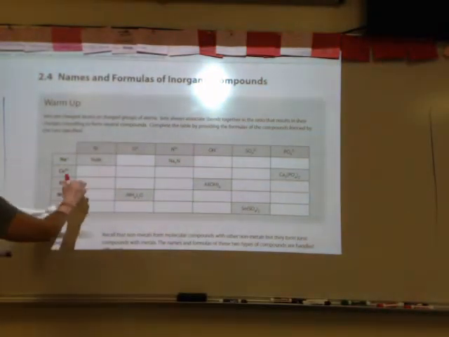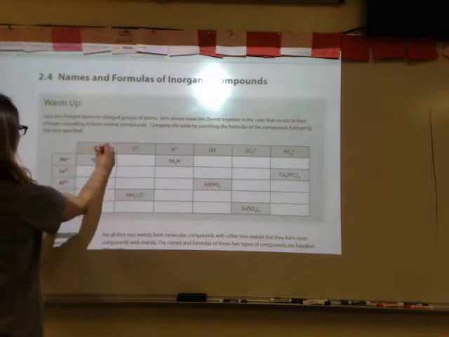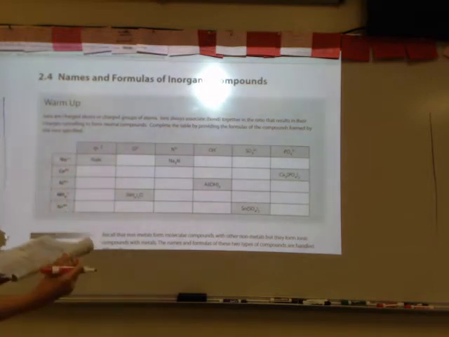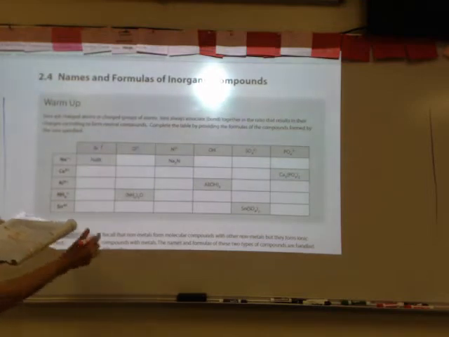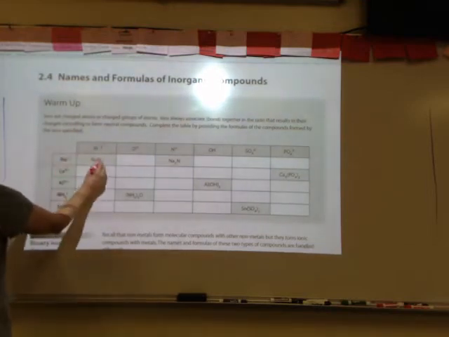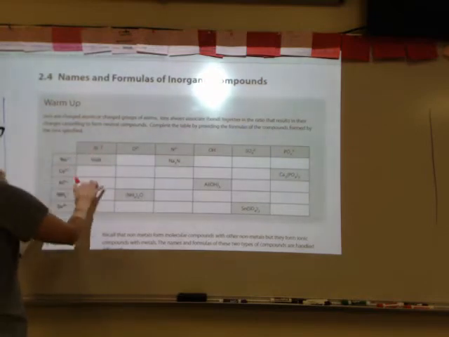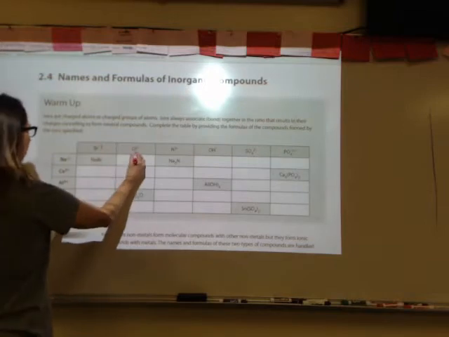So here you'll see that you have an Na with a +1 charge and a Br with a -1 charge. When you have numbers that are the same in the charges, they just cancel out and you bring them together. The cation would always be listed first and the anion would always be listed second. So when I do the next set, Na+1